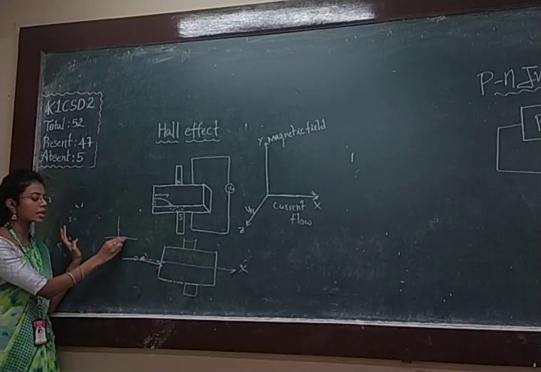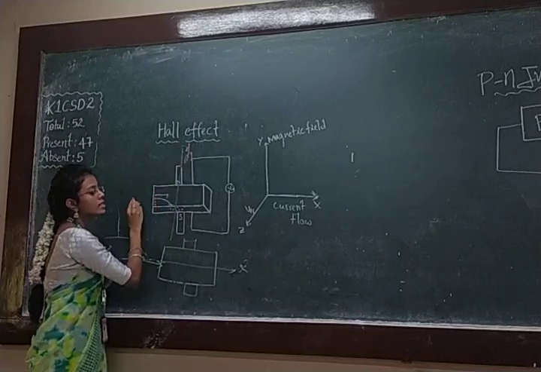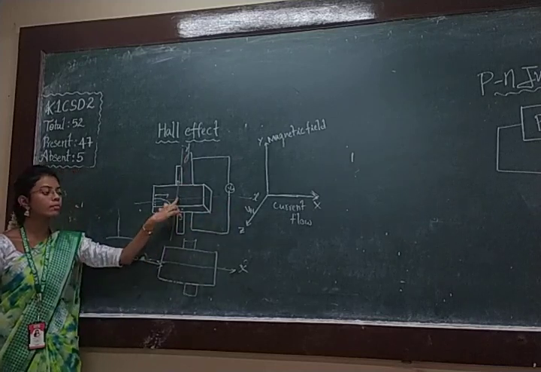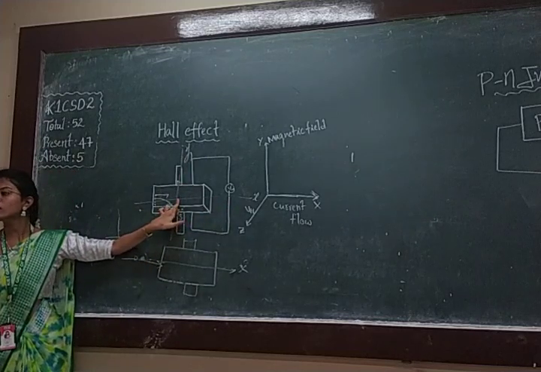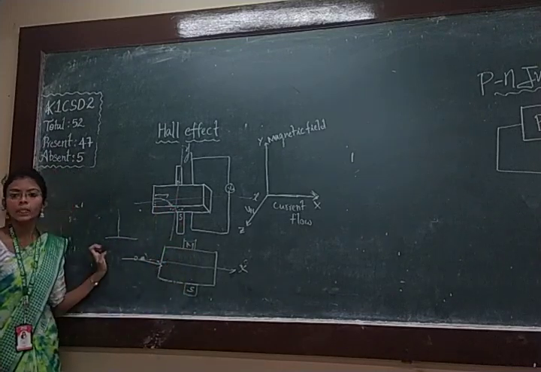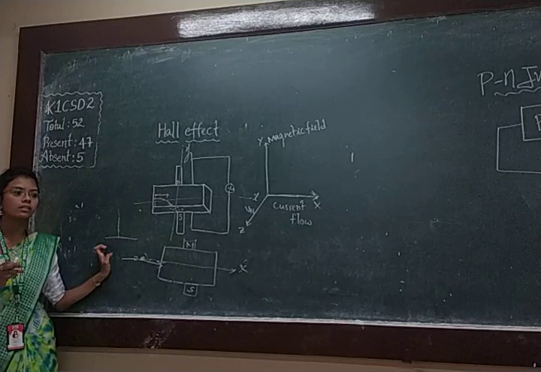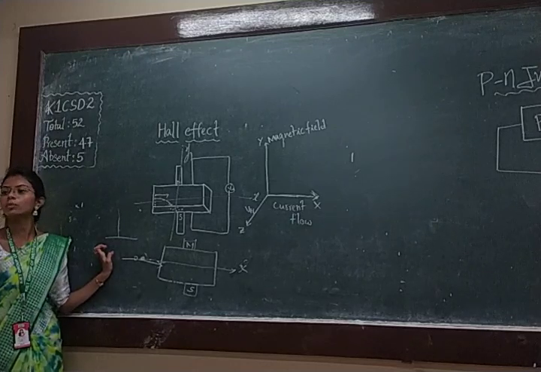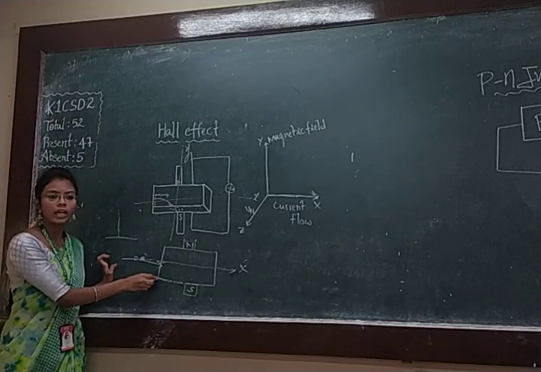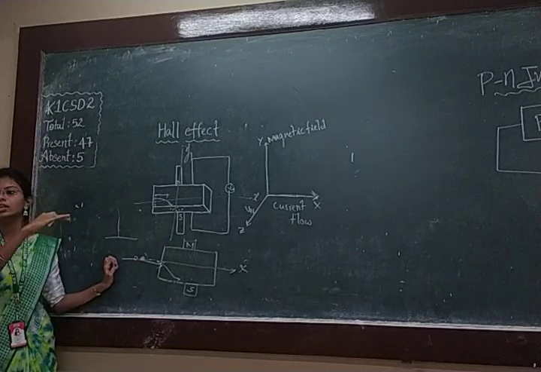Like this. This is my semiconductor, in the perpendicular direction, that is x, y. This is x and this is y. So to the x direction, perpendicularly, I am going to place the external magnetic field. So when you place the magnetic field on the semiconductor, before placing it, or without any magnetic field, what have the electrons or holes done? They are going in a straight line. But when you place an external magnetic field, the electrons or holes, whichever you are taking, will be deviating. They will not go in a straight line.